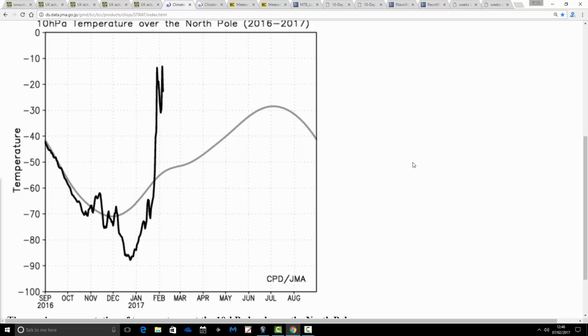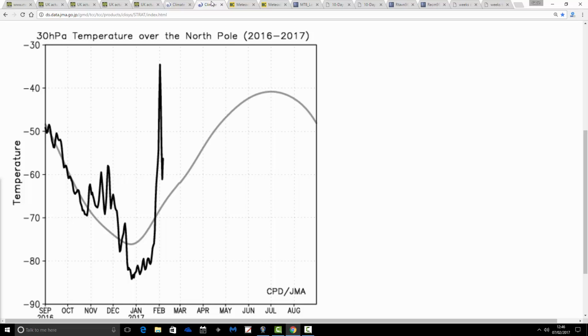But I think that's the last intense burst of warmth that we're going to get over the stratosphere, over the North Pole for the time being. At 30 HPA, we currently stand here. So that warming that occurred the other day across the North Pole at 10 HPA is beginning to lift the temperature up again at 30 HPA, so that's starting to move down. That might lift up a little bit more at 30 HPA, might go back up to that sort of level tomorrow or on Thursday. But again, I think the overall idea is that the temperature in the stratosphere will now